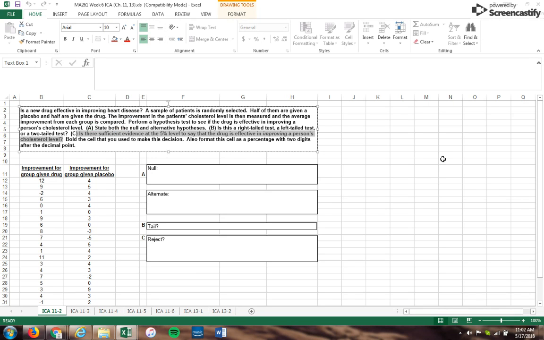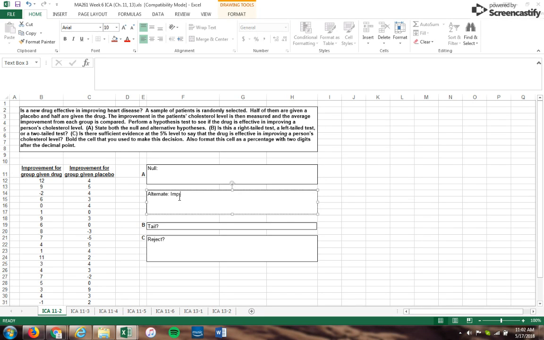what's the question asking us to find. And this is usually where we can get our alternative hypothesis. And so we're looking to see if the drug is effective in improving, if we are seeing an improvement in a person's cholesterol level. So our alternative hypothesis, which again, these can be worded very differently based on the student, based on the person doing the testing, but it's going to be something close to this, where we'll say something